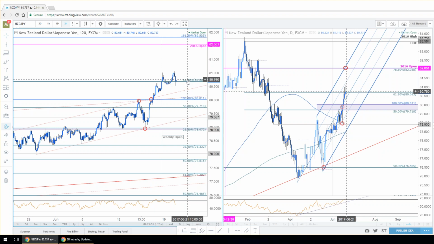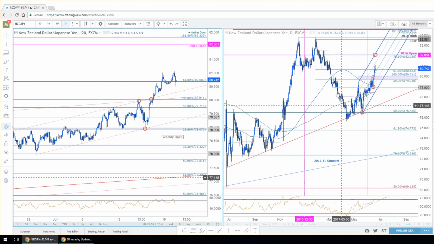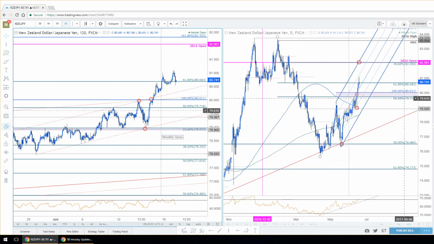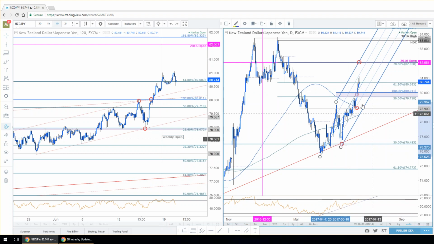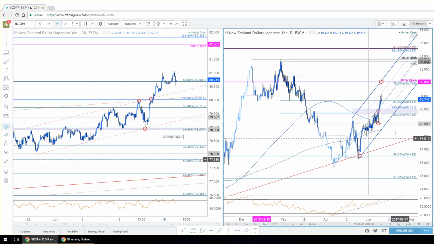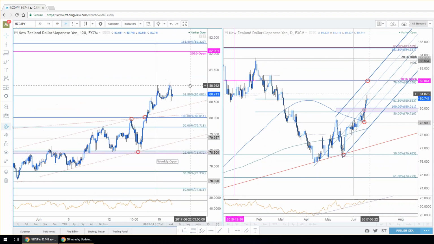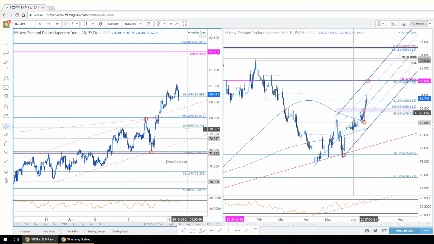Listen, the break above 79.70, 80 was huge. Nice pivot in price, 50% retracement, cleared the 100% extension, cleared the median line. As long as you stay above that level, I think another one that has a lot of upside potential in the longer term. It's just that near term, I'm seeing signs of exhaustion here. So if you're holding longs, wouldn't be too concerned. If you're looking for new additional long entries,